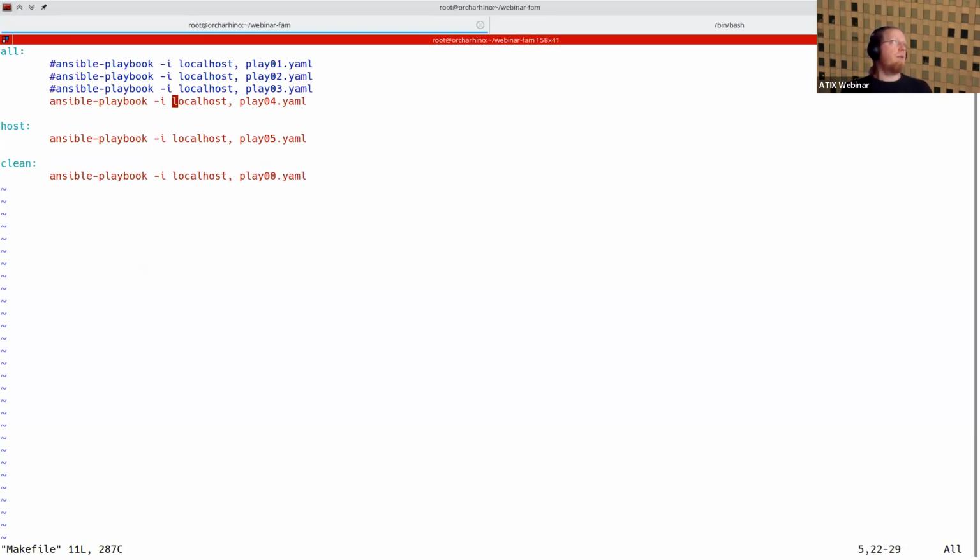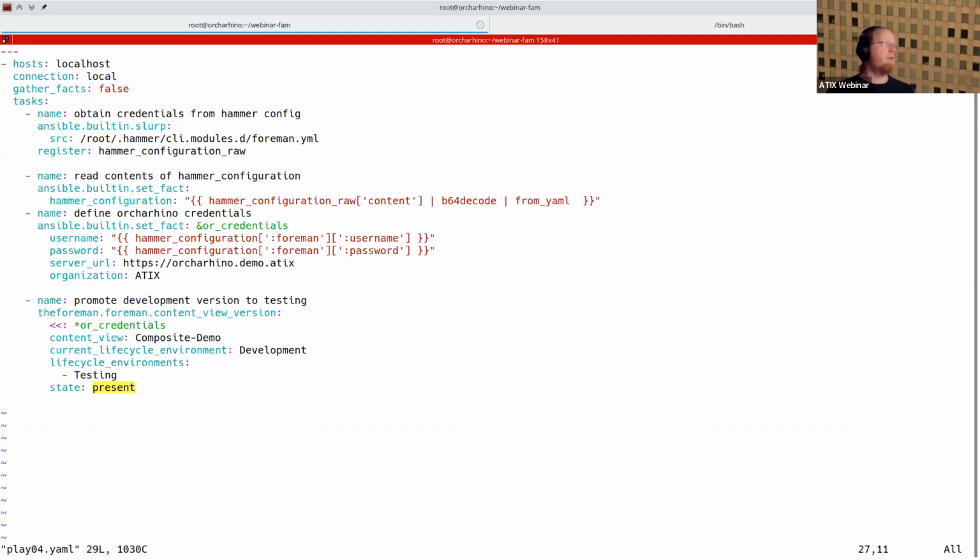So obviously the next playbook is the playbook number 4. And this does not do much. Again, it calls the module Foreman content view version. It targets the content view composite demo, and then this key here, current lifecycle environment, takes basically the version of this content view which is currently promoted to development and then promotes it also to testing,